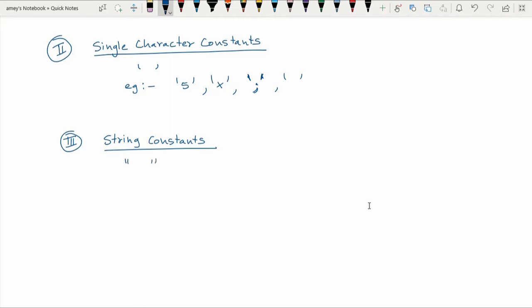Valid characters in any string can be alphabets, numbers, blanks, special characters, or any combination of those. Examples of string constants are "hello Java" with a space in between, or "5 plus 3", and many times it could even be a blank string or null string, and so on.